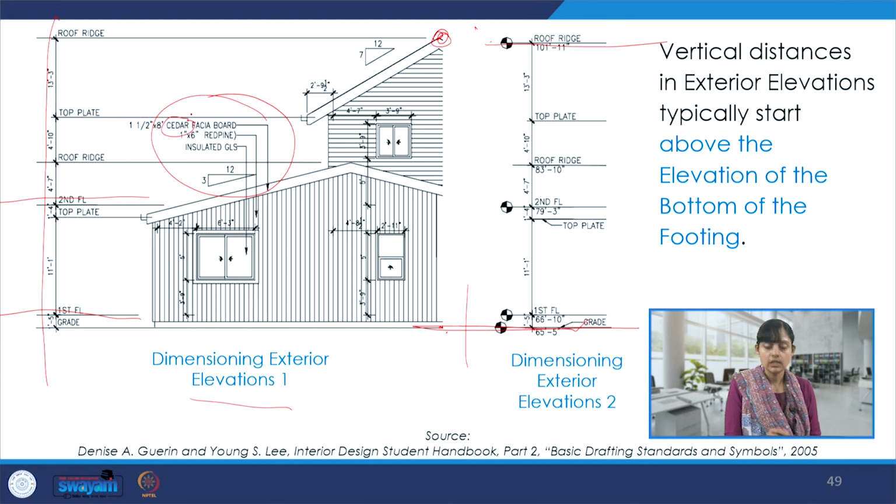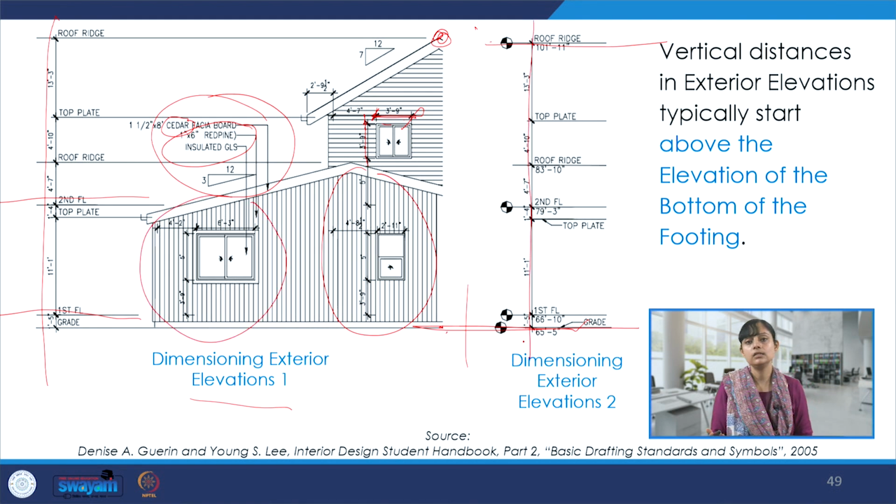So cedar board. Cedar is a kind of timber. Any kind of material palette, whether it's glass or any kind of insulation, any kind of timber detailing, any kind of laminate. Then this dimensioning for your opening, this side and this side, x and y coordinates, all the other internal dimensioning. So it's very neat and clean, quite readable, understandable. And then from here, this grade, which is at the bottom of the footing, to the roof ridge, we can do this entire set of dimensioning.